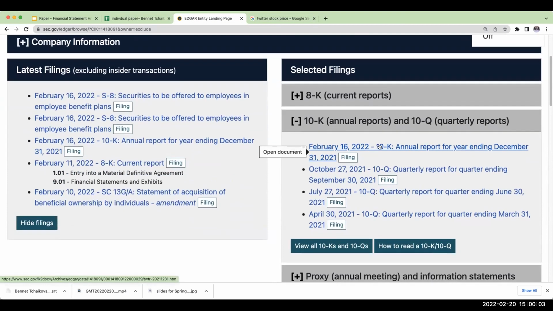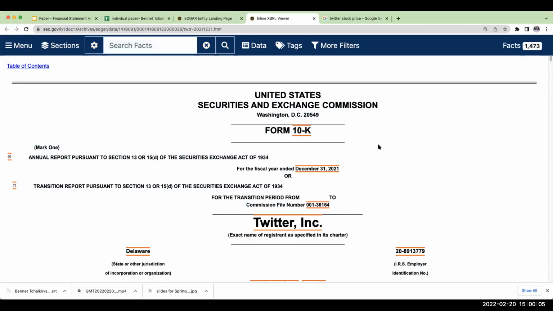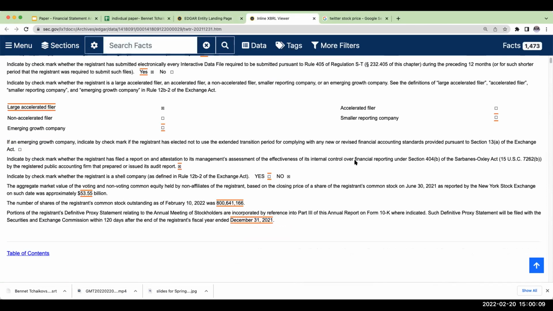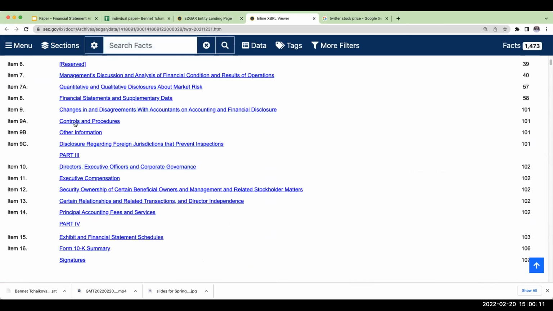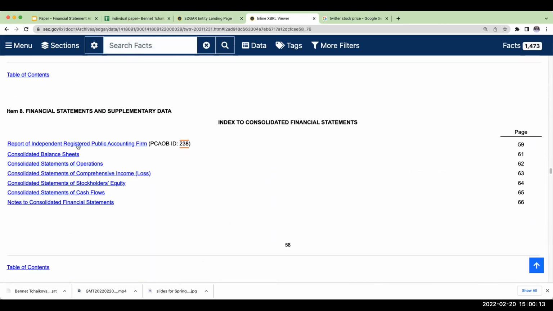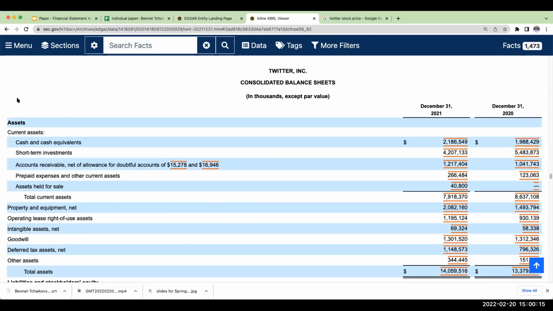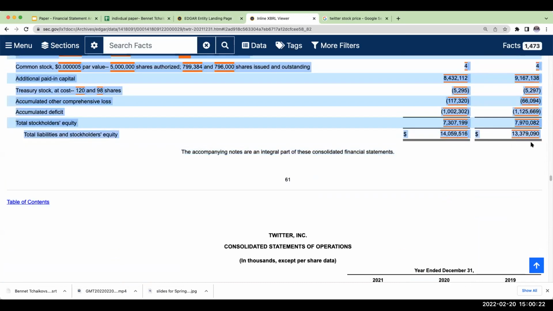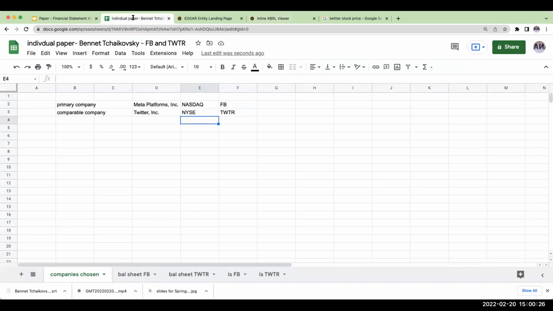If I click on this, this will take me to Twitter's 10K. Now, what I could do is come over here and go to financial statements and supplementary data, and then try to copy all this information here. And if I try to do a copy and paste it,